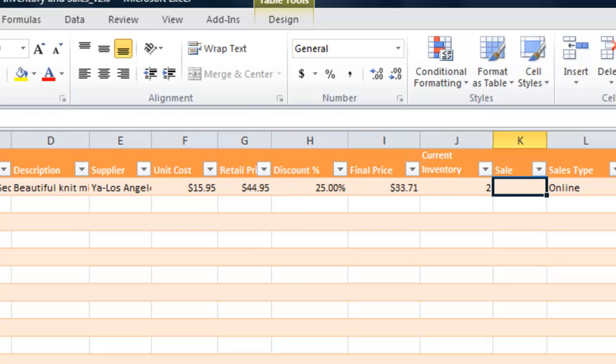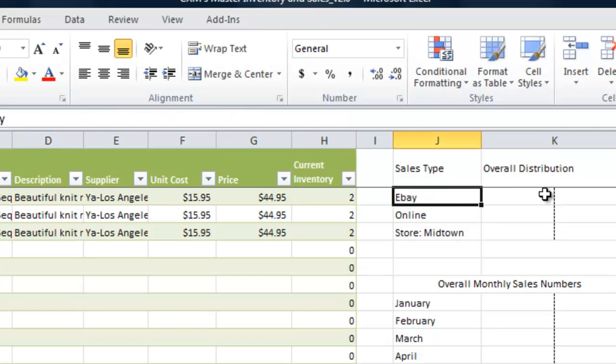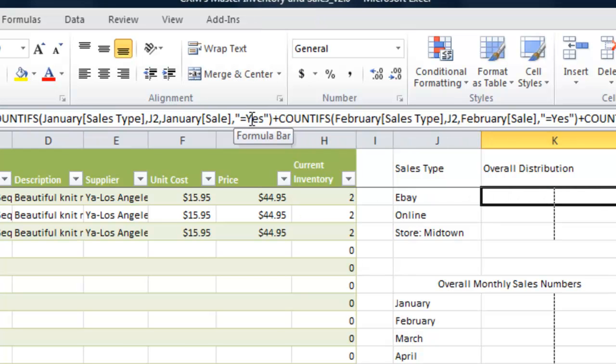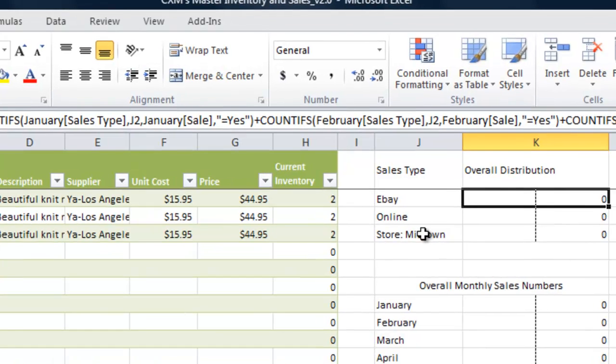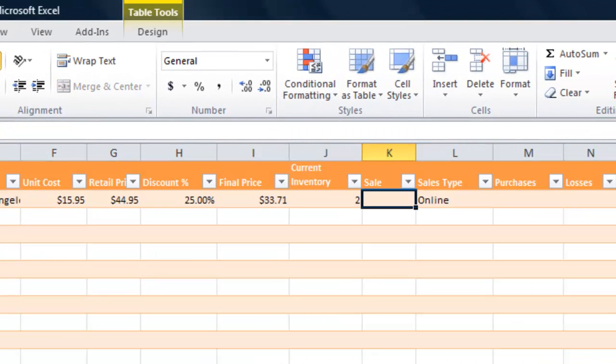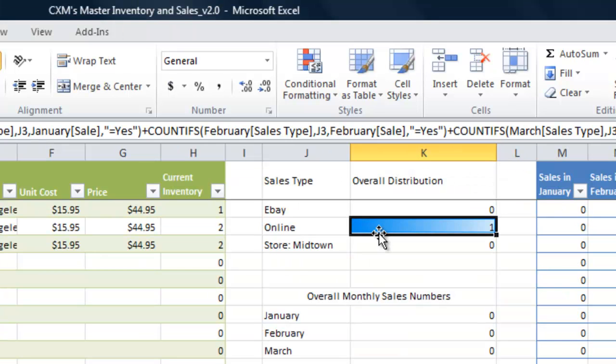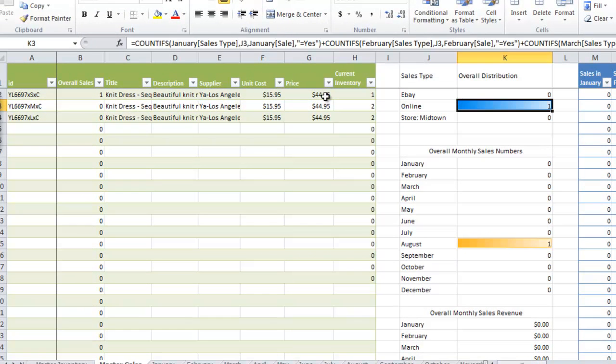For sell, remember, in master cells, we're looking for information that is by a yes and also a cell type. And the cell type needs to be eBay, online, or the Midtown store. Okay, so all you have to do is type in, yes, we had a cell, and that cell was online, and that's already typed in for us. So when we see an online store that had a cell, and the cell came through, and there's one subtracted from the inventory. All right, that's very, very important